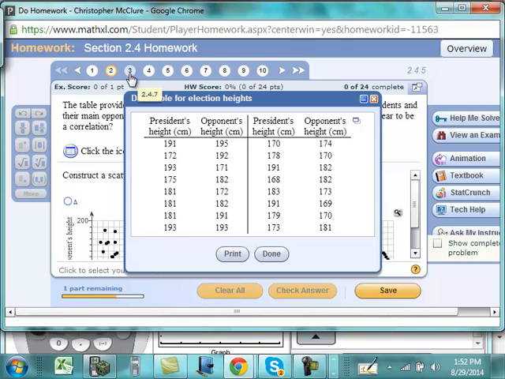Oh, you got a TI 89. Well, hey, that's good. No, we can do everything that you want to do. All right. So, stat, edit, and then the president's heights, and for this L1. So you just put 191, enter, 172,